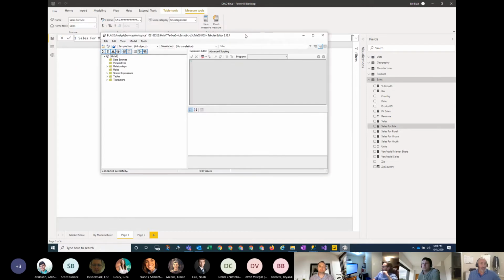Now, why it's called Tabular Editor is really the actual underlying model that Power BI uses. When you're modifying a data set here in Power BI Desktop, you're actually modifying what's called a tabular model. And tabular models can actually live outside of Power BI as well. So you've heard of cubes, and SQL Server Analysis Services.